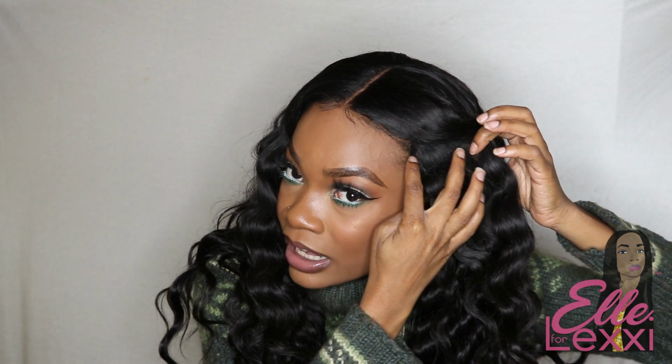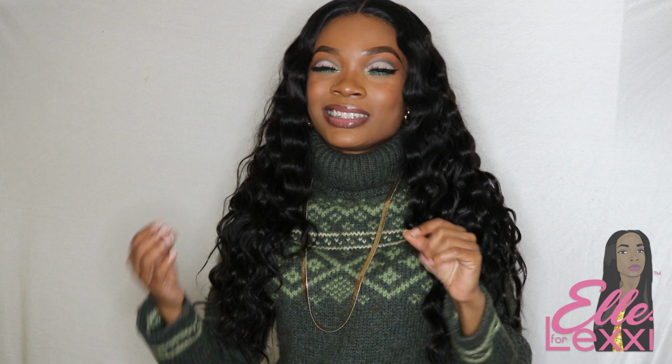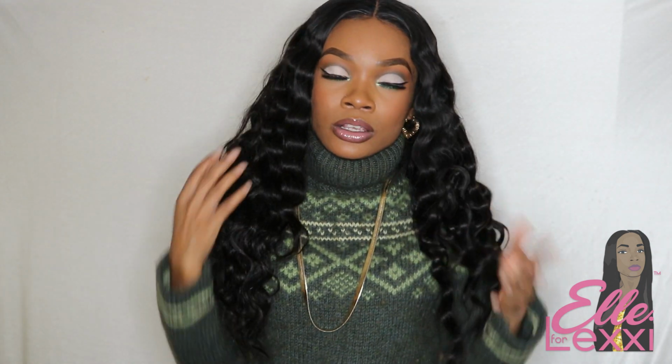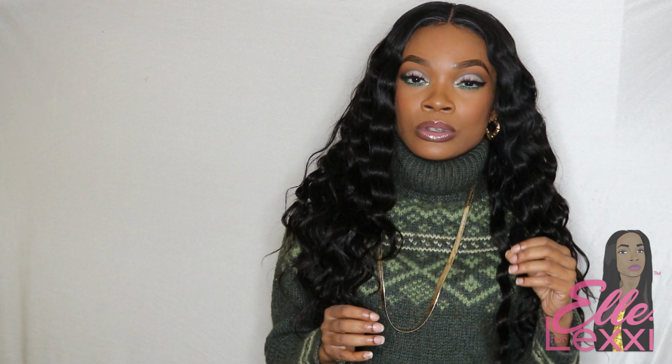I cut my frontal into a 7x4 lace closure. So instead of the frontal going 13 inches from ear to ear, it stops at about my temple, a little past my temple on both sides. And it's just a more versatile option of how to wear a frontal instead of, you know, gluing it down. And even when you have the glueless method with the frontal, sometimes it just still doesn't work together. So having a frontal in the form of a closure but with a lot more parting space was just my cup of tea. And it allows me to get through my reviews a little bit better,